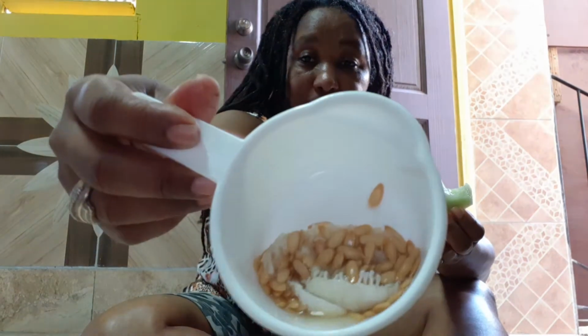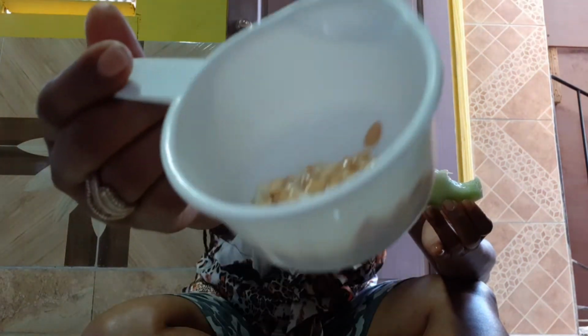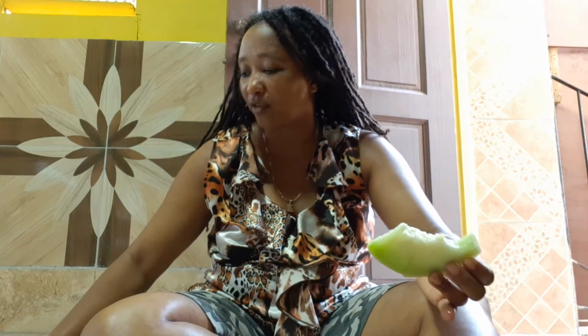Slice up, get your slices. As you can see, I have mine here. I have mine all sliced up and ready. It's very sweet and refreshing at the same time. Now the seeds are also edible, and if you're going to be blending up, so here are the seeds. If you're going to be blending up your honeydew,